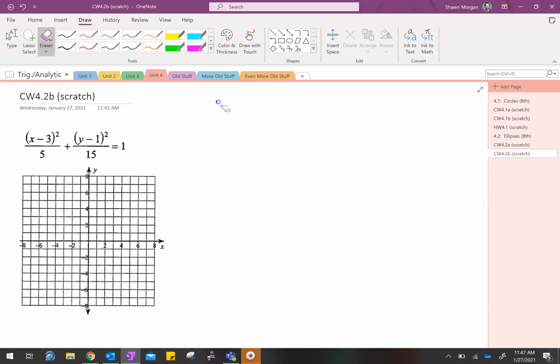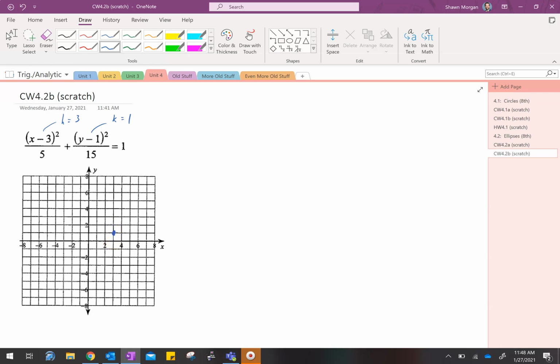Now, also, when we talk about where the ellipse is actually going to be graphed, it's nice to know about h and k, and it's the opposite of what we see there. So our h value is going to be 3, since I see a minus 3. Our k value, similarly, is going to be 1, since I see a negative right there. So 3, 1, let's move over 3 units to the right and 1 unit up, and that's going to be